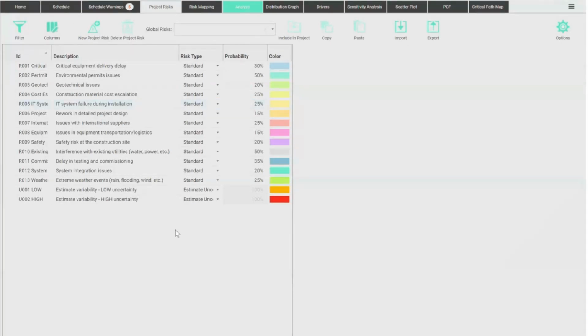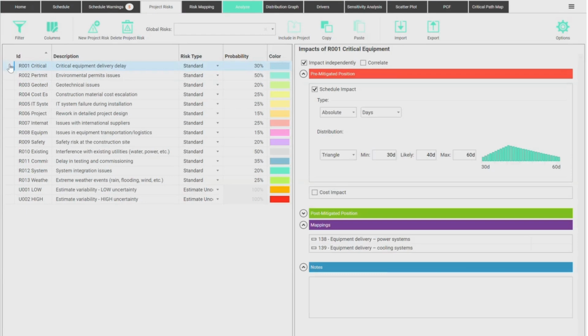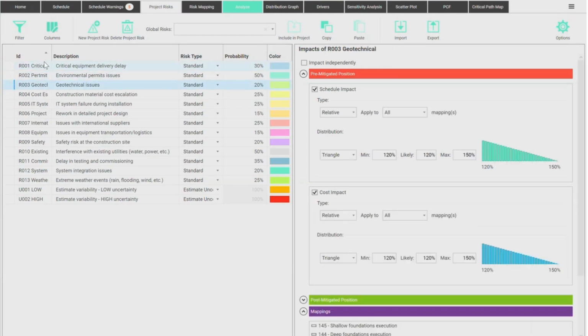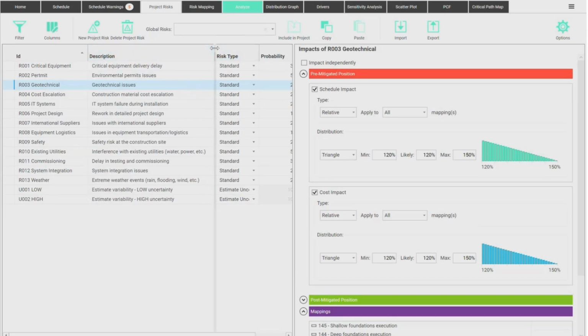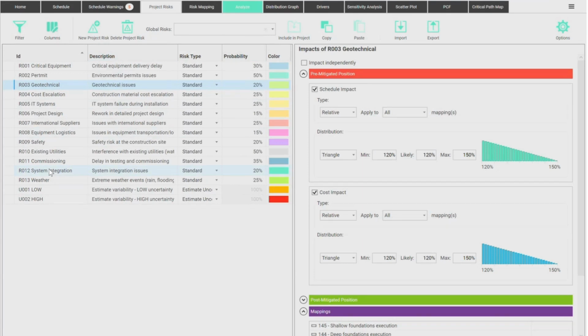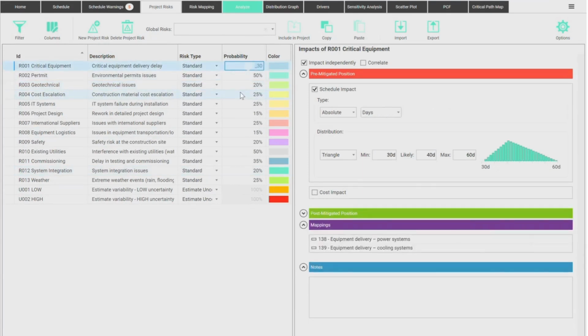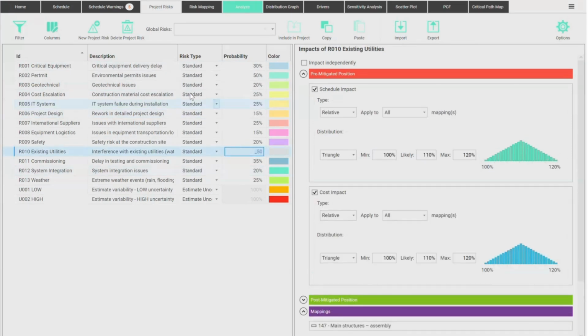Okay. As you can see, there's a risk matrix here, the typical list of risks with probabilities. There are some risks that I already assigned here, risk 1, 2, 3, with their nicknames and a short description. All of these risks have a probability of occurring or not, and they have a type.